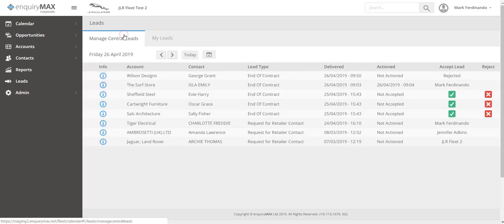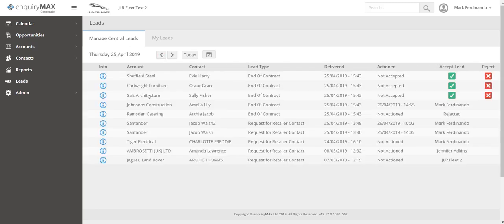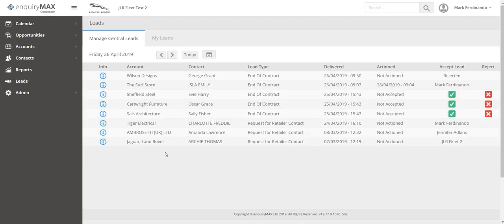If I go into my central leads or manage central leads, you'll see Johnson's has disappeared. Now the reason that has disappeared is because it wasn't delivered to me today. So this is quite important, because every lead that's delivered to you, once actioned, will remain on the day it was delivered to you. So if I just flick backwards to the 25th, you can see Johnson's Construction there was delivered to me on the 25th, actioned on the 26th. So don't be concerned if a lead suddenly disappears from here. It's basically just gone back to the day that it was